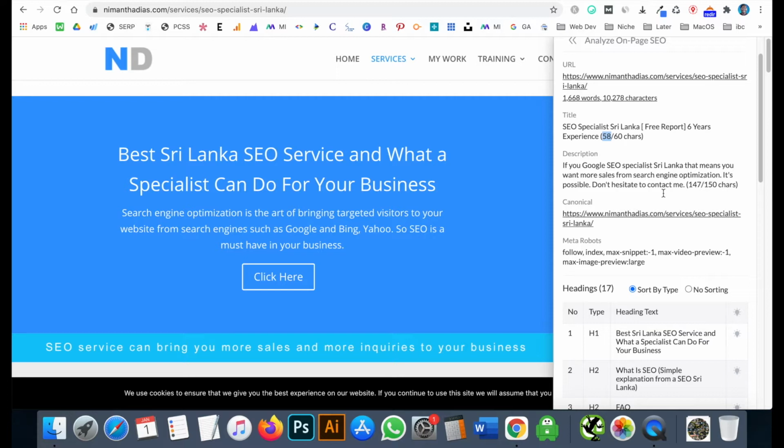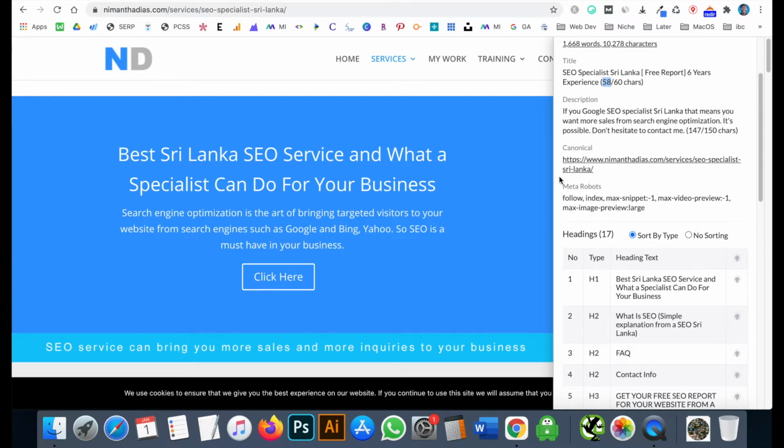So when a new client comes to me and says, okay, I need to rank for this keyword, blah blah blah, I go to my client's competitor websites, and I can see what they have done with on-page SEO, right? The description. Okay, follow. Normally, meta robots are follow and index, right?